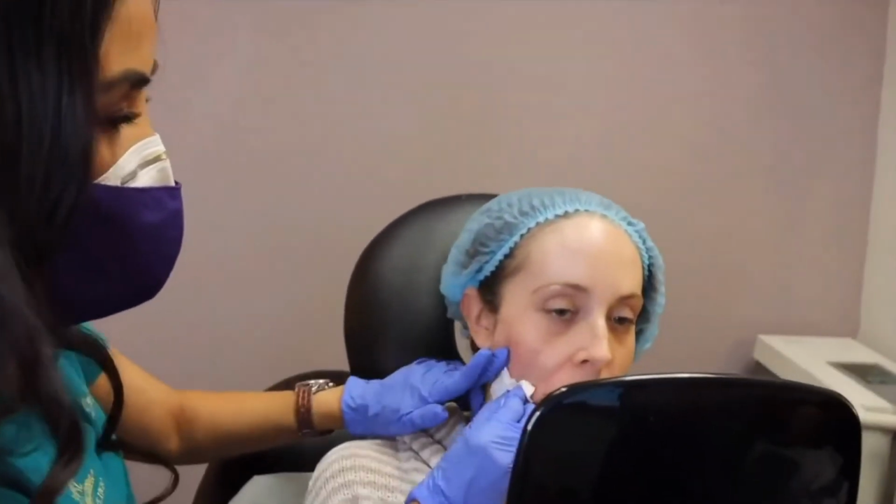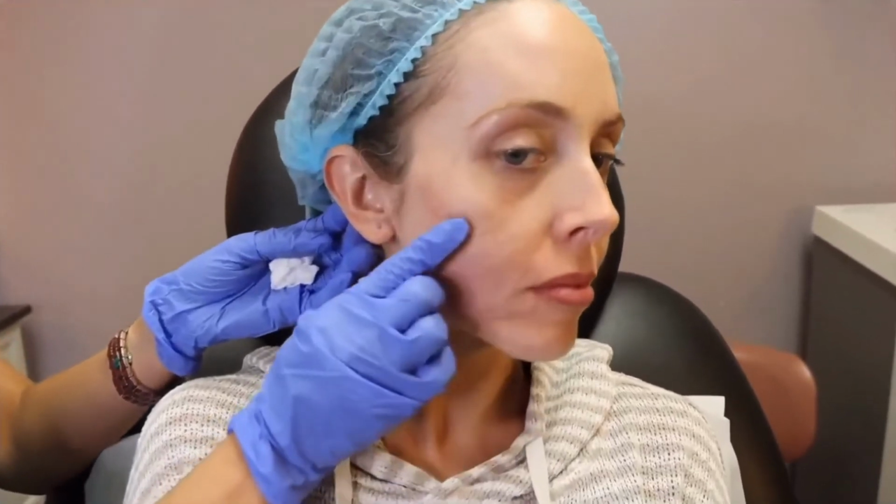All right, take a look, Crystal. Oh, so much better. Right? It's a little red just because I've been rubbing it, but even this area. So much better. And smile. There you go. And now that cheek's elevated. You have some natural volume, and if you go close up, you really don't see the scars as well. Now I'm just gonna go with a needle and just add a tiny bit more RHA 2